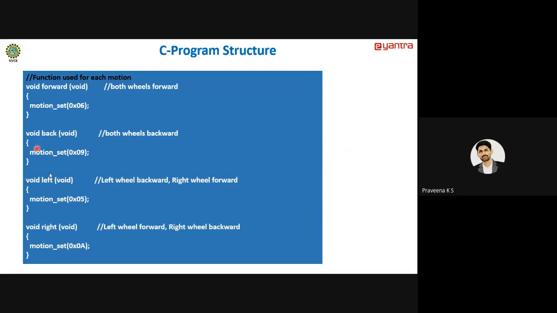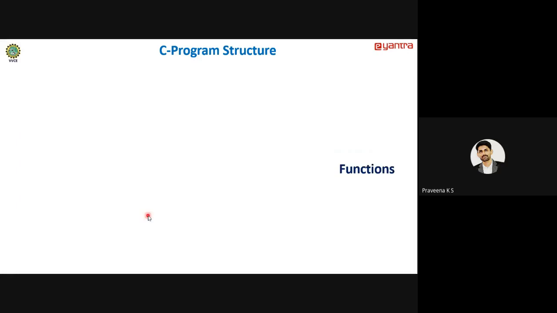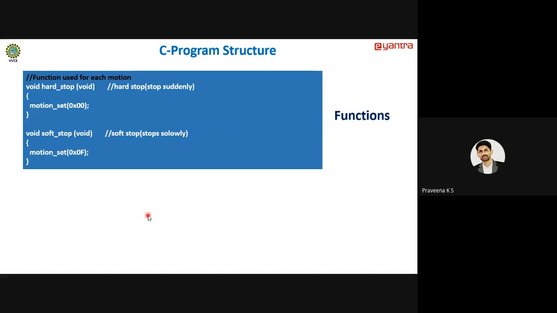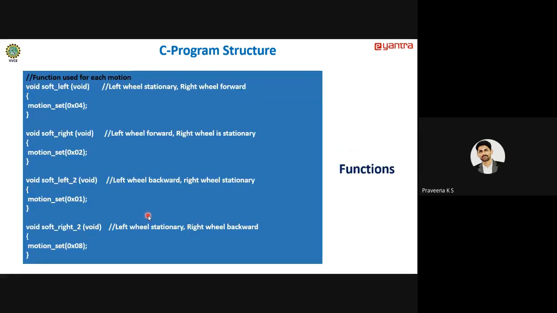So your robot will move forward. In the same way for all the different directions, for void back, then void left, void right, all the values have been stored. Based on the table, you can set all the pins for all the directions. You can see, I've written the functions for all the values and all the directions. What is the advantage of this? I can directly call these functions inside my main program so that it will execute this.